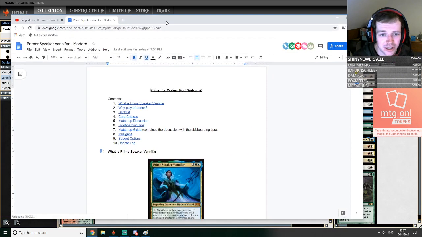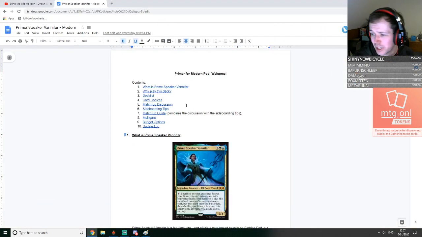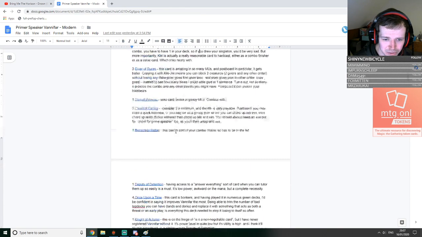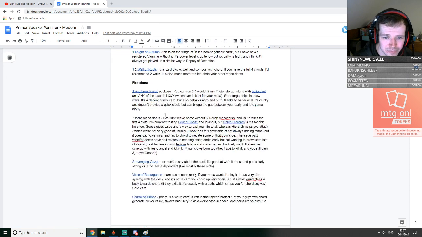I just wanted to talk about a few flex slots, if I can. By the way, I'm going through my own primer, basically, and just talking through it. So, card choices, let's jump to that. These are the cards that I said were pretty key. We've gone through all of them. Some of the flex slots: Stoneforge, the Gilded Goose, Noble Hierarch,